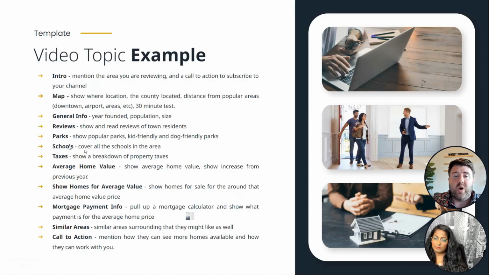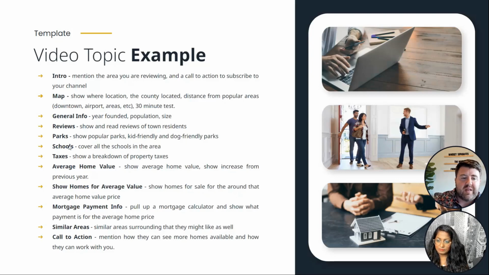And then go into the schools, talk about those schools. This is super important. This is actually a topic of frustration for people in our area, because everybody's trying to move to where I live outside of Houston in Richmond, Texas, and realtors haven't been telling their people with children that the schools here are full, and people are wanting to move here for the schools. Because the schools are full, the kids are getting shipped to the next city over that's about 10 minutes away, and people don't know that. So they move here and try to get them enrolled in the schools. Nobody told them. So you can cover all the schools, especially if your area's schools are full and kids are getting shipped to the next district.